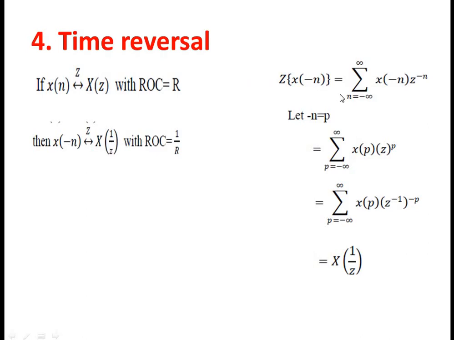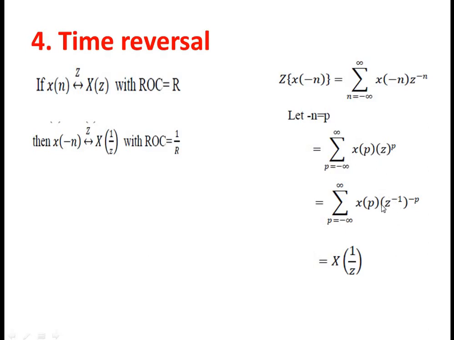So now we'll take this minus n as another dummy variable, that is p, and you can replace this minus n by p. There is no use of having minus n over here. By having minus p it is not going to give any sense to the equation, because it has a dependency on the variable p, not on minus p. So you can write it as p alone, and after that again we are trying to convert this to a generalized form.